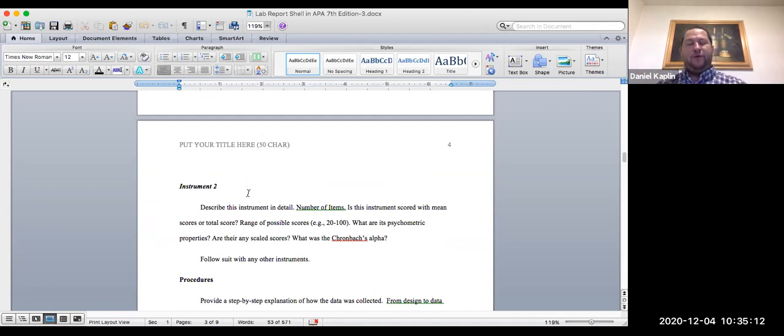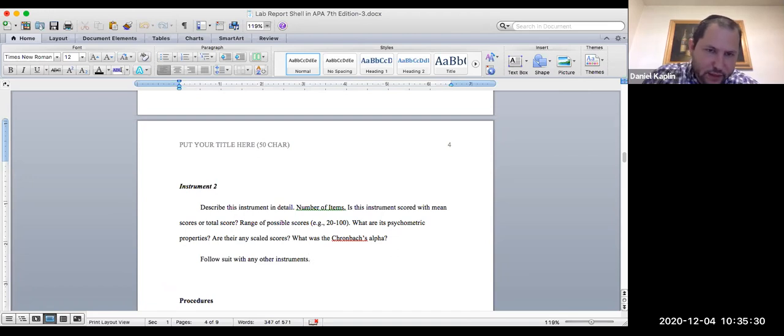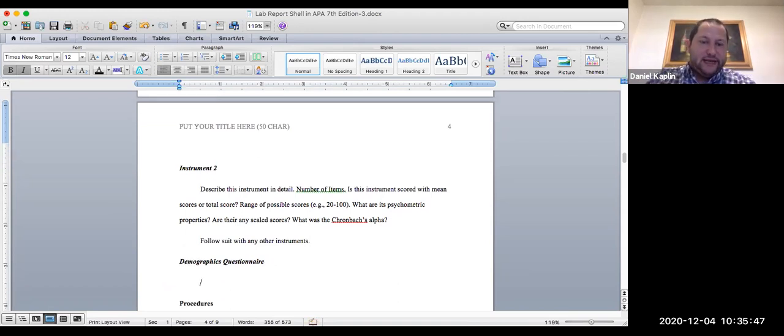So you're going to describe your demographics questionnaire: how many items were on it, and what the items included. I'll give you an example. If after you had 2 instruments, you might have a demographics questionnaire, right? So you might have something that looks like this. It's its own instrument. We treat it as an instrument that says